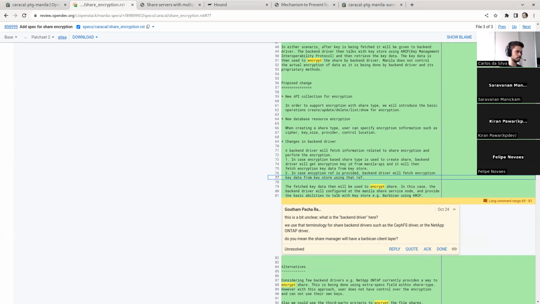where if the user is using the encryption share type as well as the encryption ref while creating the share, the encryption reference will take preference over the share type. So what happens? This is at the API layer. In the first scenario, where we have all this encryption information associated with the share type,